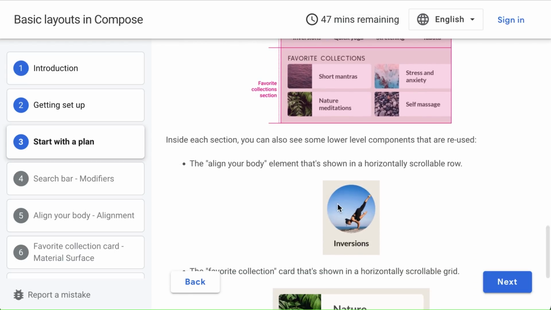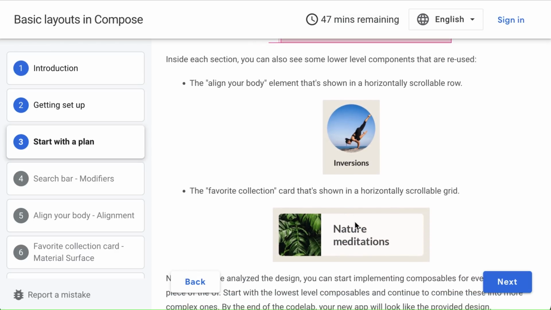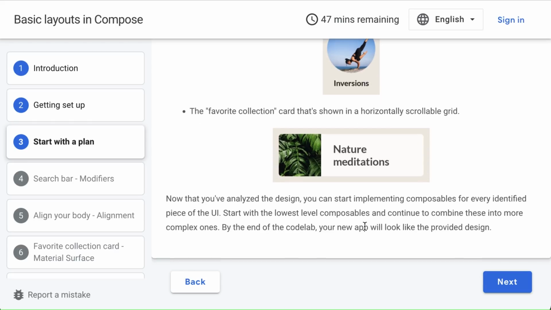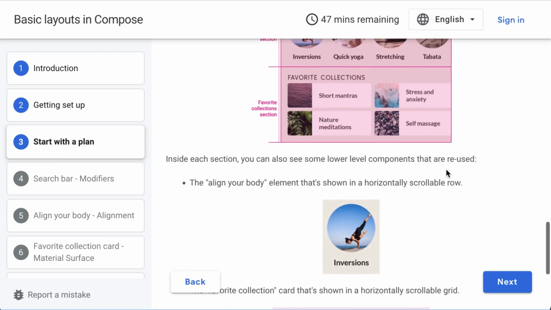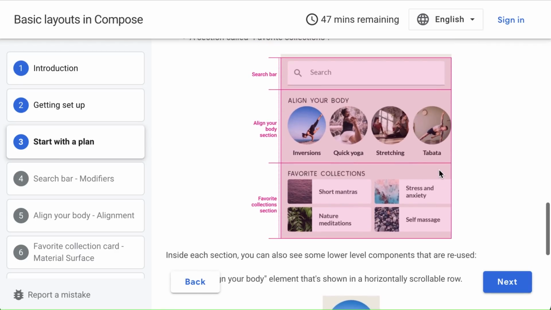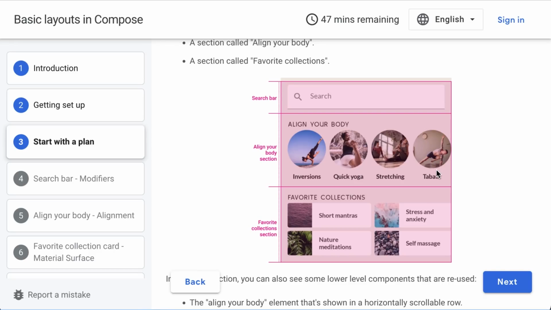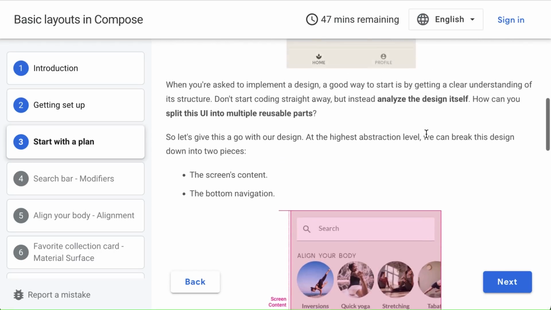We see this little Align Your Body element, and then we see the Favorite Collection card. With those, we have a full analysis of the elements that we want to build. We'll start at that lowest level, creating those low-level composables, and then step by step start to combine those into bigger composables so that we eventually end up with our final design.